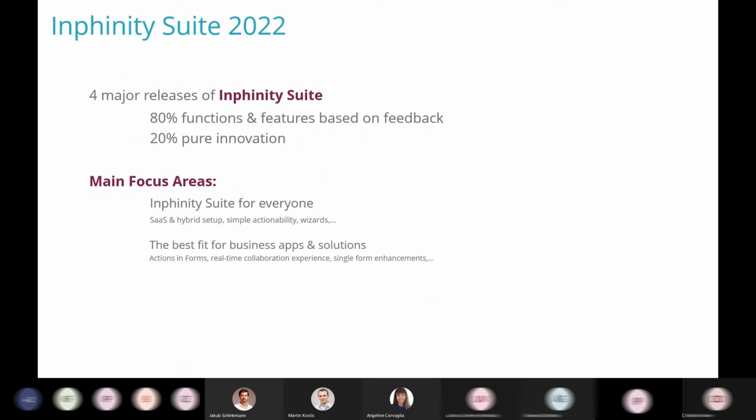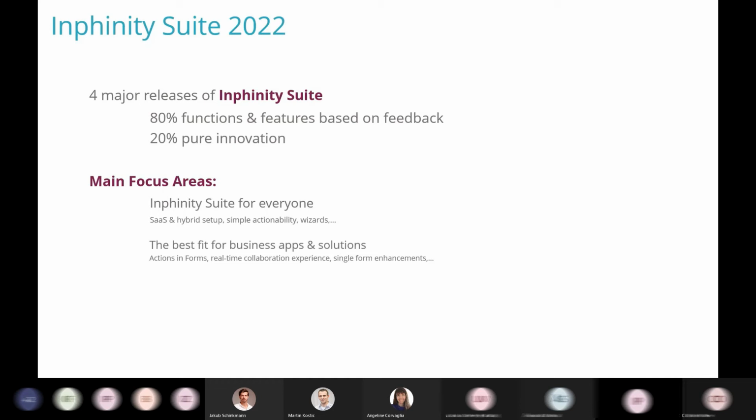Another focus area is the right fit for business apps and solutions you build in Qlik. One example was already mentioned, these actions in forms. So you can transform the Qlik application into a tool full of actions.